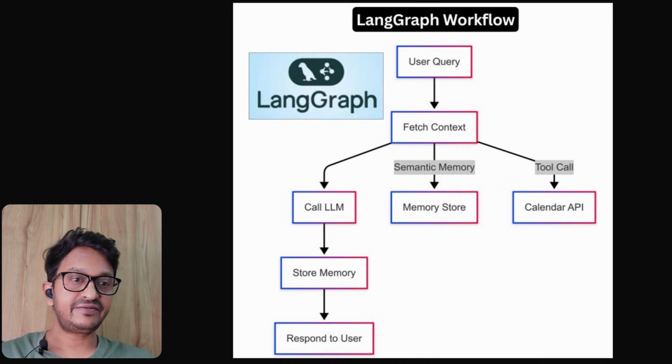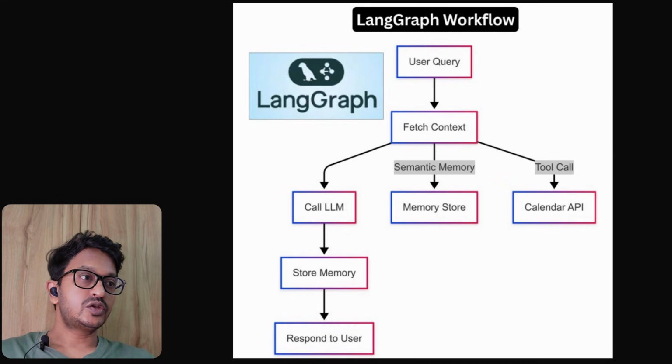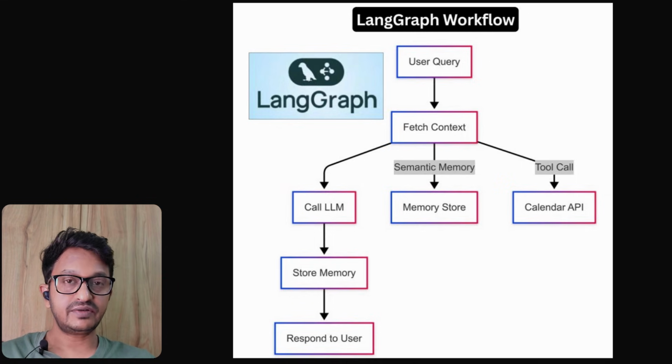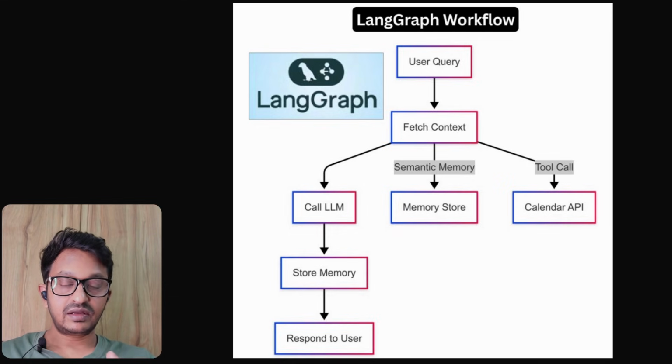So think of LangGraph as a state machine where you can have loops, conditionals, parallel execution, and human in the loop patterns. LangGraph stands out as the most powerful open source framework for building production ready AI agents and orchestrating stateful, complex and cyclic workflows. So LangGraph has some components we need to understand. The first is nodes. Nodes represent tasks, such as calling an LLM or fetching data from a database, and then there are edges. Edges define the flow between the